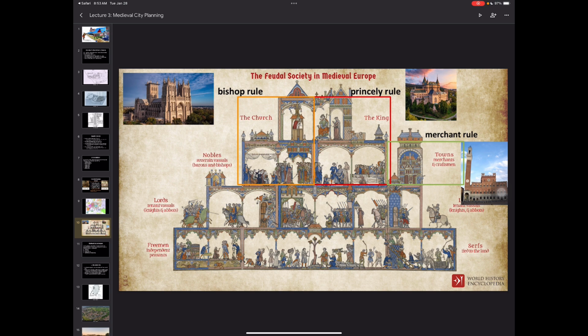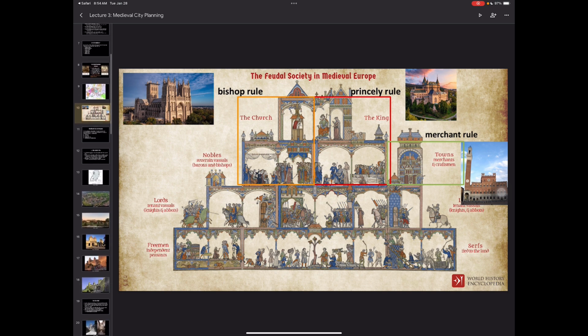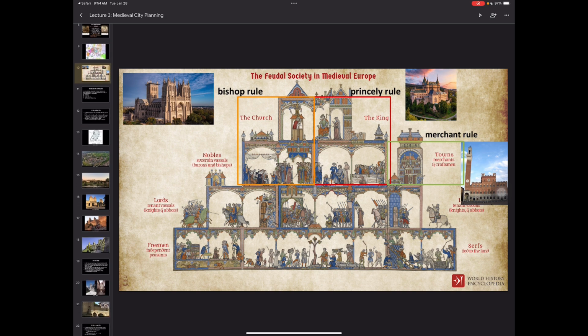And then we do have a third option, and this does begin to spring up, especially in Italy. If we look at our kind of third protruding tower, we do have our independent towns with our merchants and our craftsmen. And remember that the merchants did meet in our town palace, or Palazzo Pubblico, which had its tower, its staircase, and this is where you voted in who was going to be in power, right? So these are more an oligarchy structure. So if you see that we have the town palace in the center, then we know that it's a town ruled by merchants, right?